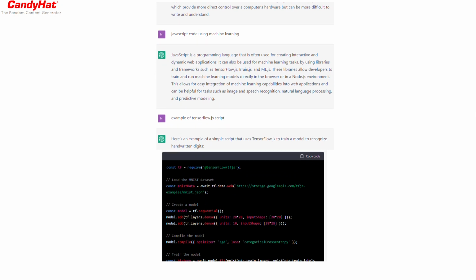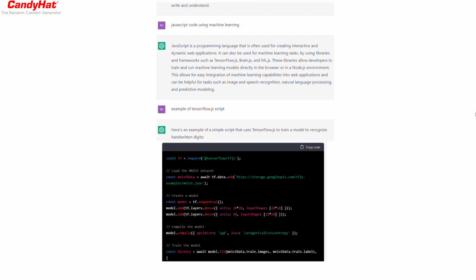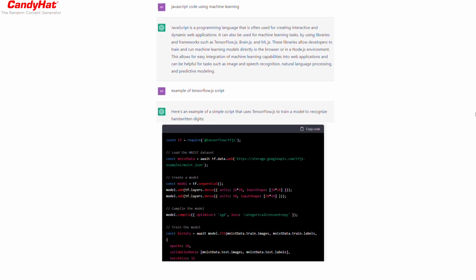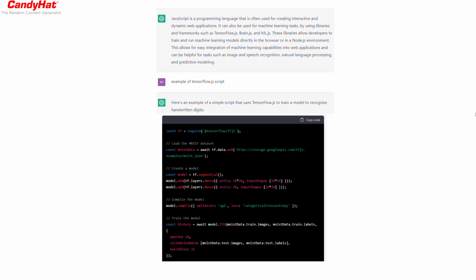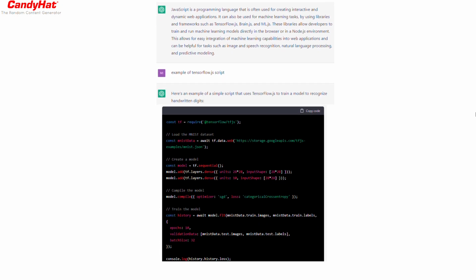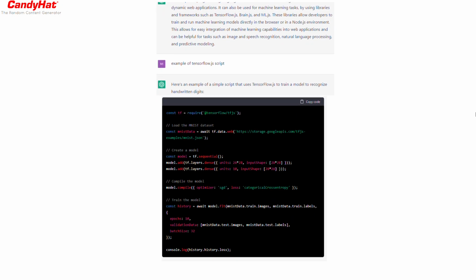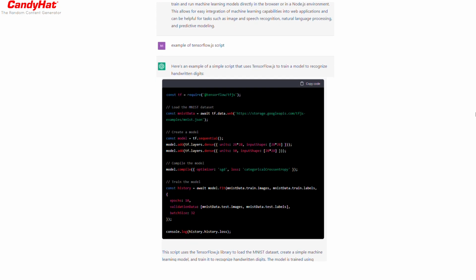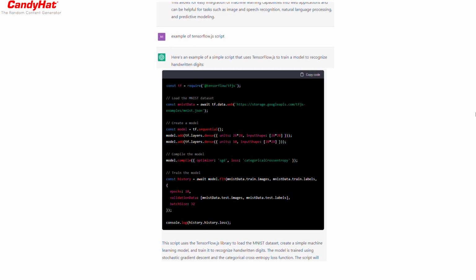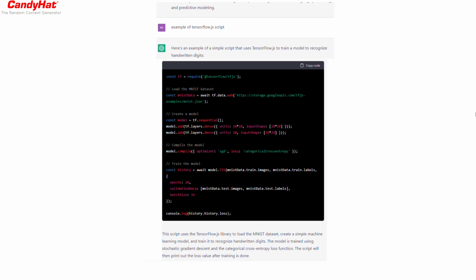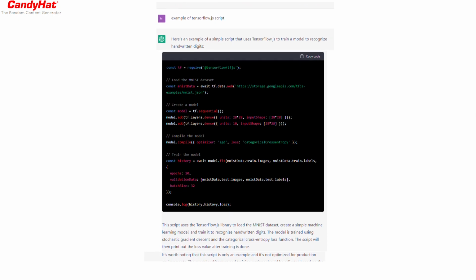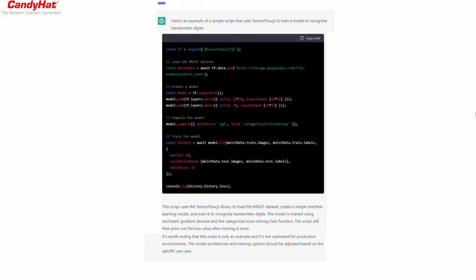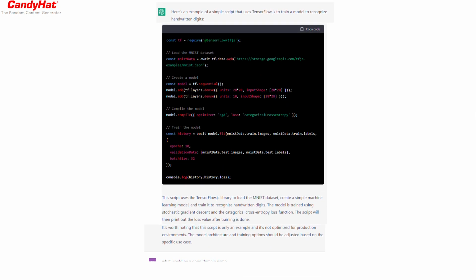Example of TensorFlow.js script. Here's an example of a simple script that uses TensorFlow.js to train a model to recognize handwritten digits. const tf = require('@tensorflow/tfjs'); // load the MNIST dataset. const mnistData = await tf.data.web('https://storage.googleapis.com/tfjs-examples/mnist.json'); // create a model. const model = tf.sequential(); model.add(tf.layers.dense({units: 28 * 28, inputShape: [28 * 28]})); model.add(tf.layers.dense({units: 10, inputShape: [28 * 28]})); // compile the model. model.compile({optimizer: 'sgd', loss: 'categoricalCrossentropy'}); // train